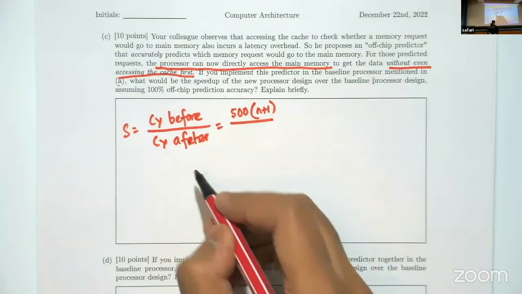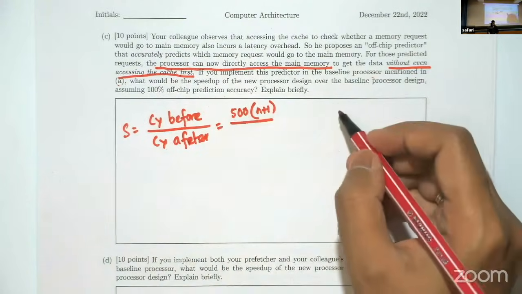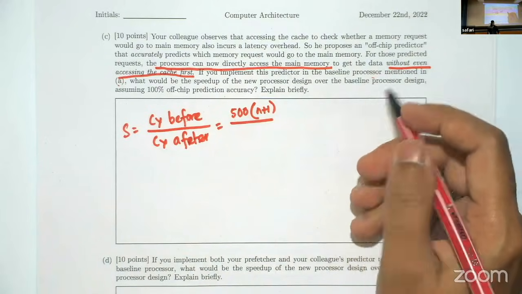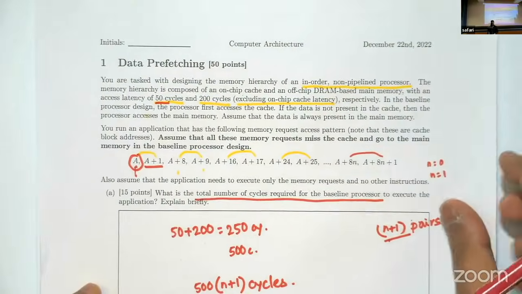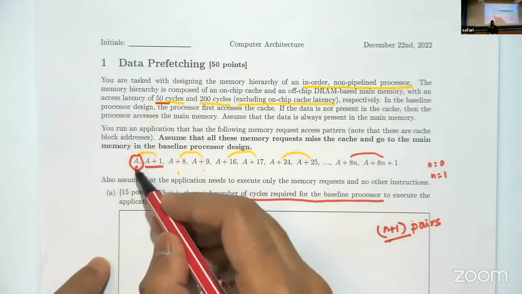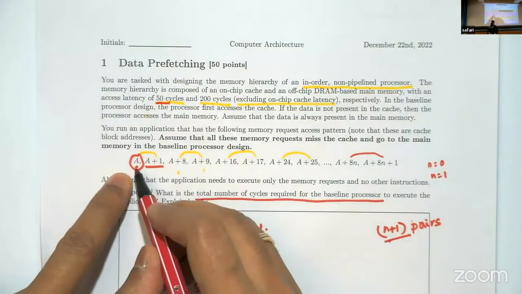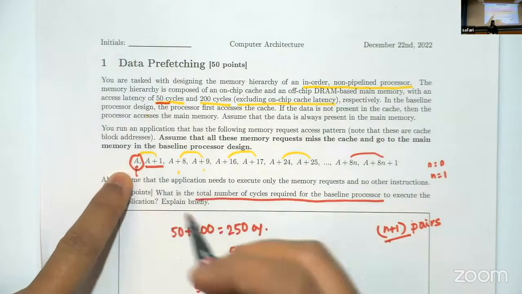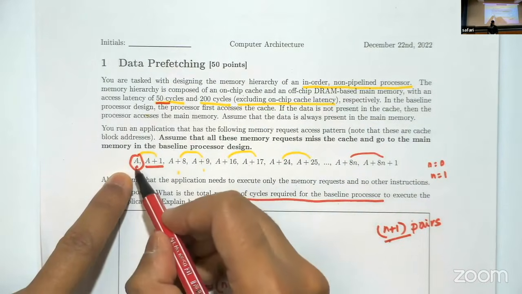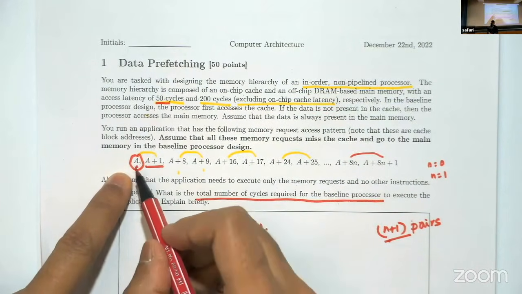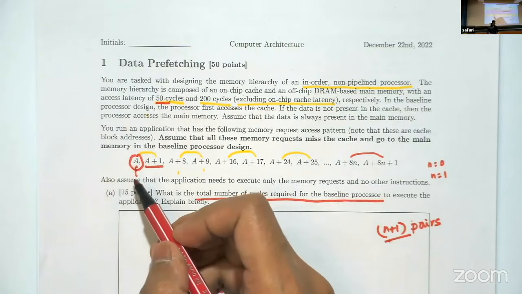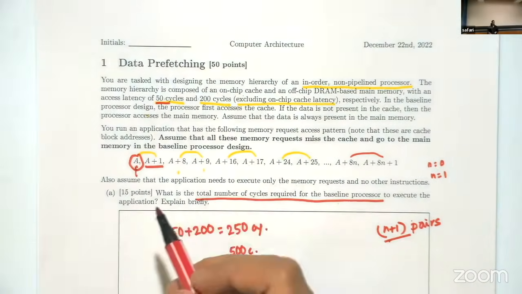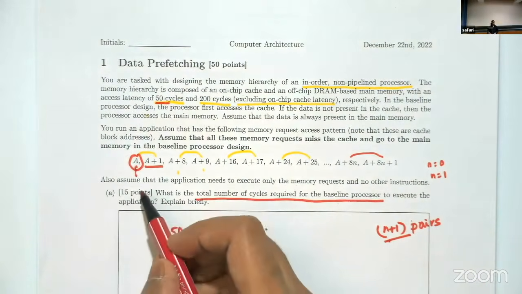And then let's consider what would be the cycles after. If you go back to this memory access pattern, the off-chip predictor says that, okay, for A, it was supposed to go to the main memory. In the baseline, you would first need to access the cache hierarchy that takes 50 cycles, and then you would access the main memory, which would take